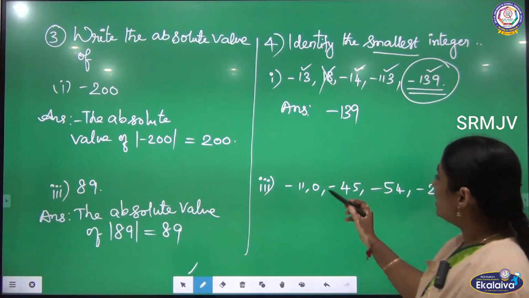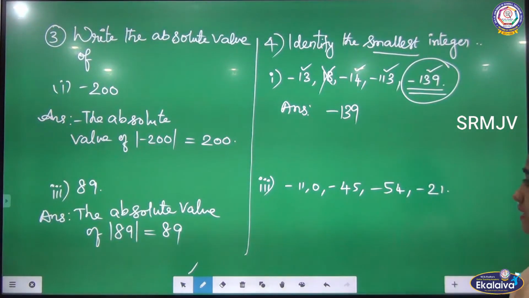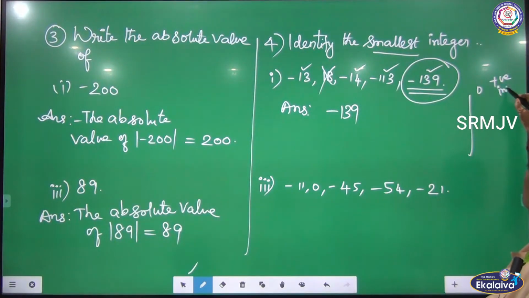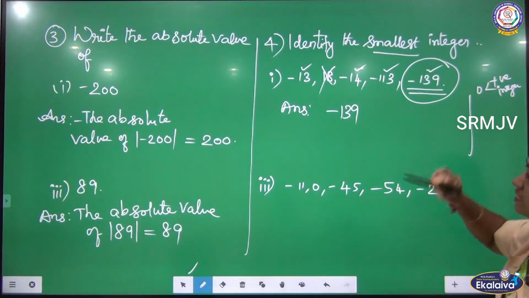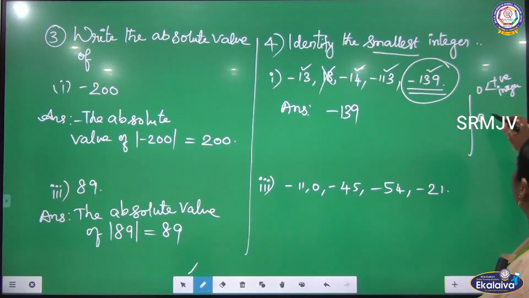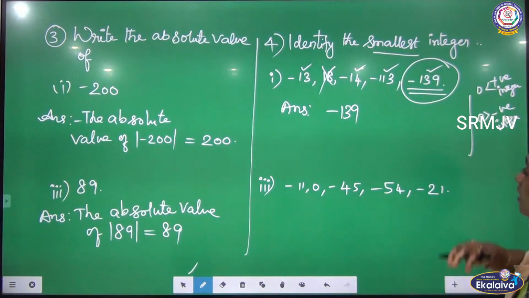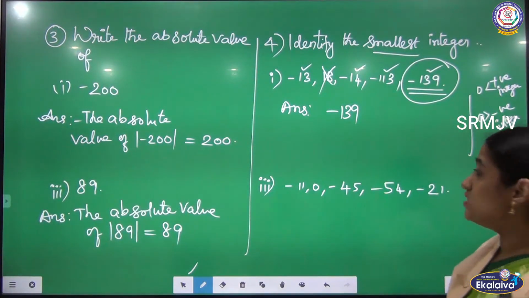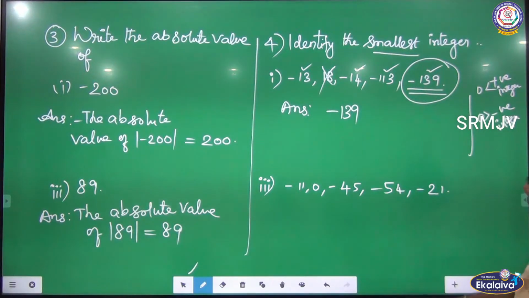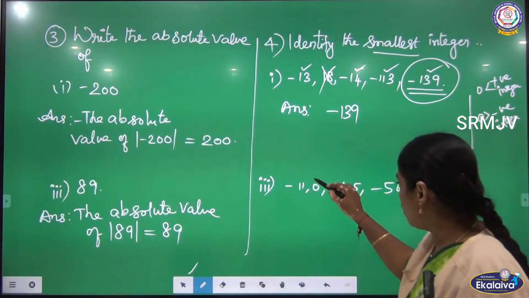Okay. Now here, listen, I want to say, 0 when you are comparing with a positive integer, 0 is smaller. 0 when you are comparing with a negative integer, 0 is greater. Can you understand this? 0 when you are comparing with the positive integer, which is greater here? Positive integer is greater. Same thing, 0 when you are comparing with the negative integer, 0 is greater. So here they are asking for the smallest integer, so 0 also never comes.